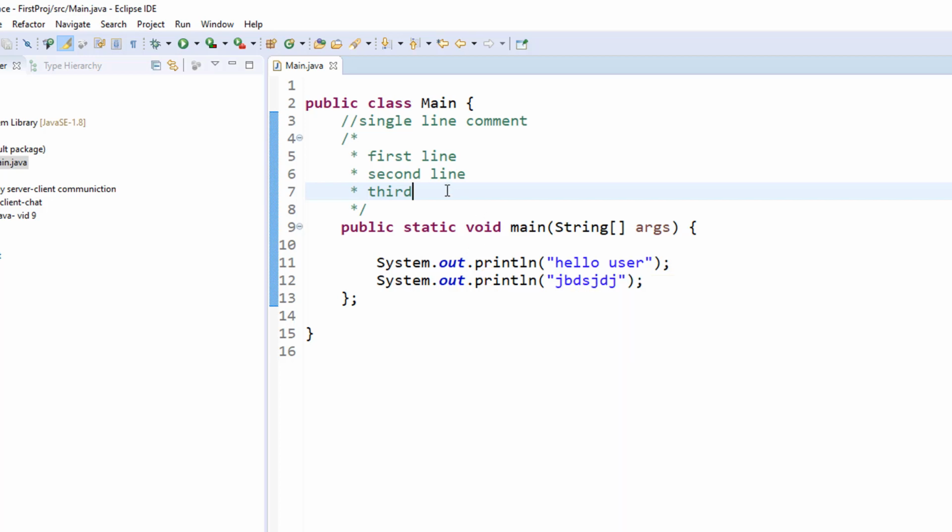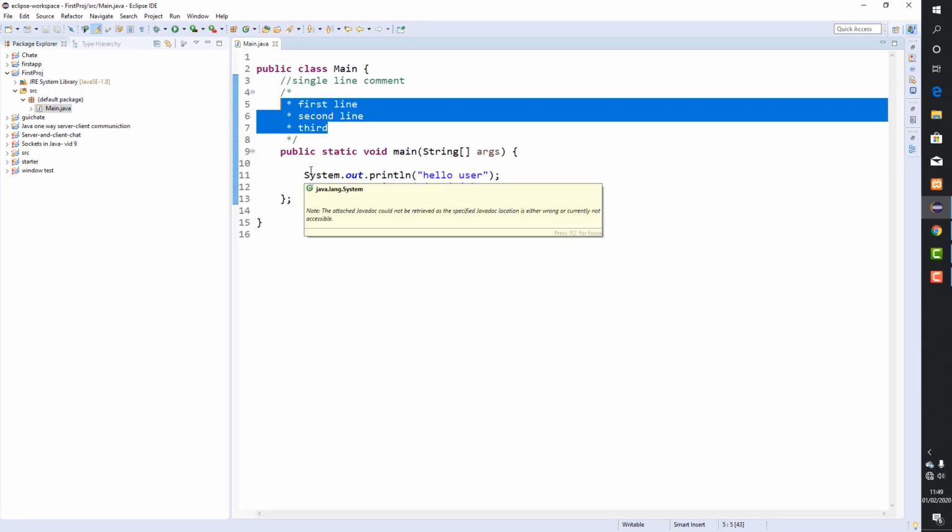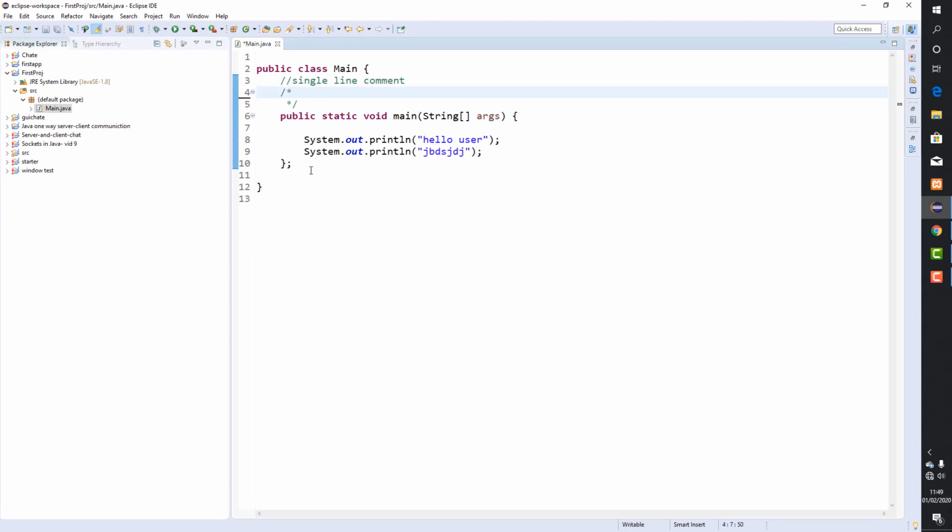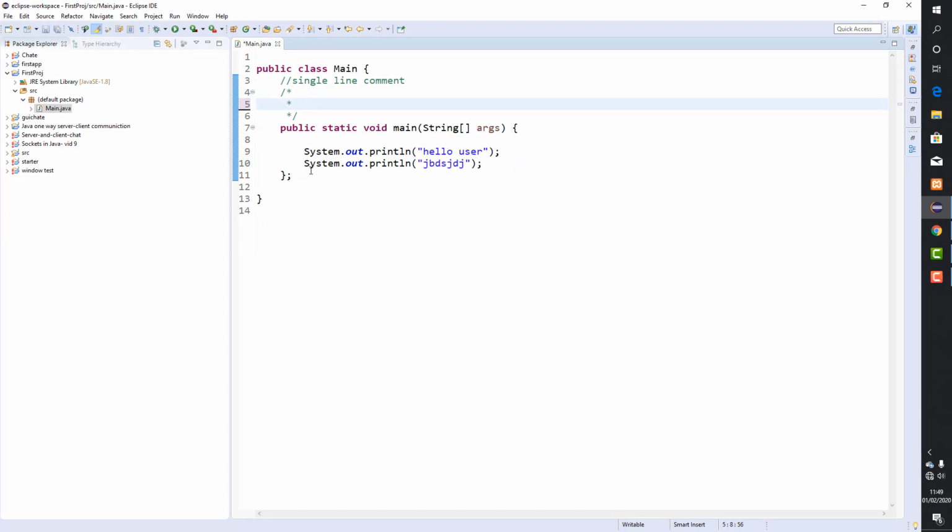So the most common ones that we shall be dealing with when programming include, I'm just going to delete what I have here. The first one is string. And what is a string? A string is simply a representation of characters in Java. A character is a primitive data type. We are going to be looking at